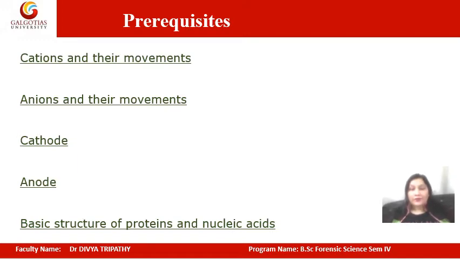You should also know what type of charge a nucleic acid has. Generally, the nucleic acid has an overall negative charge and it will move towards the positive electrode, you can say the anode, under an electric field. So these are some prerequisites that you should be aware of to understand the lecture on gel electrophoresis. We will discuss the structure of agarose and gel in an upcoming lecture, but this lecture is based on the basics of gel electrophoresis and their types. So you should be aware of these terms only.